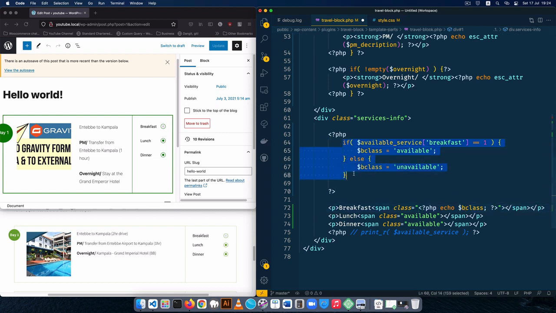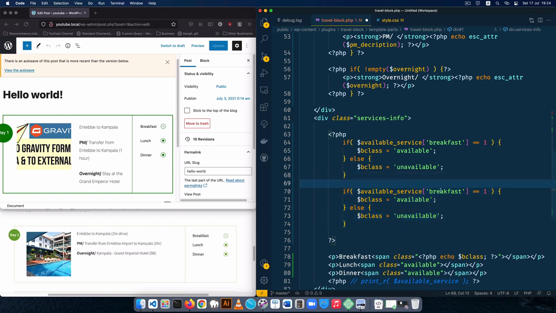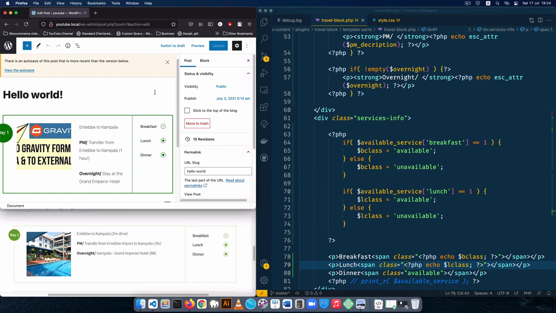And then I'll differentiate this by duplicating it here, and I'll say lunch in this case, and I need to make this L class, and then I'll copy this right here, paste it in this location, and then I'll say L class. Just to check for our lunch, I'll come back here and reload,